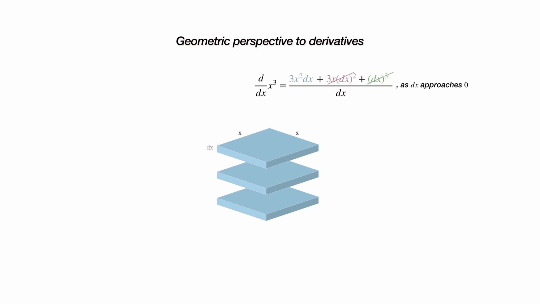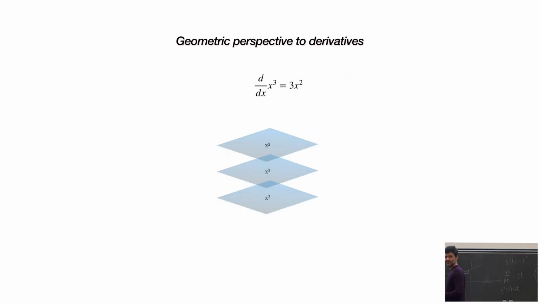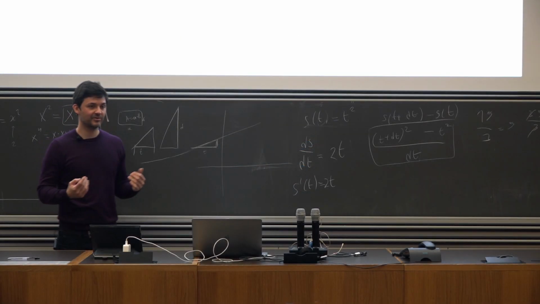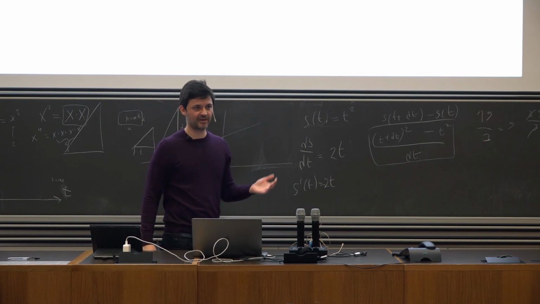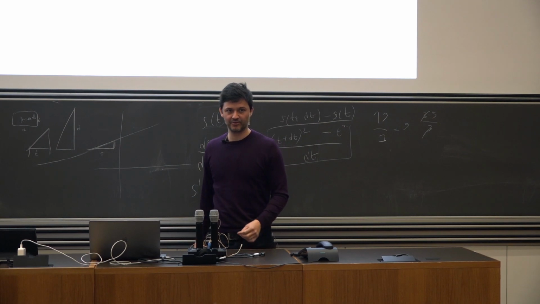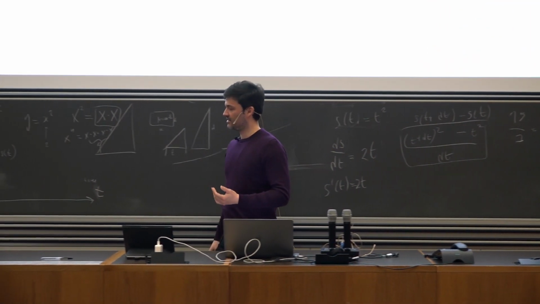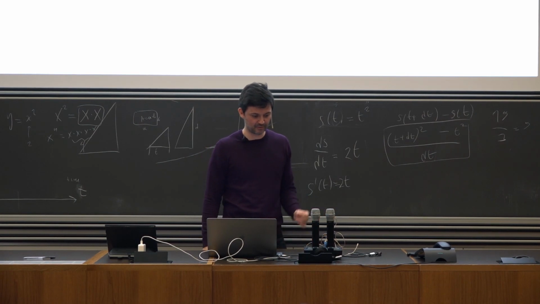And then when you ask what this approaches as dx approaches 0, it is 3x squared. So again, it's a residue in a lower dimension of the initial geometry. So the derivative definitely has some geometrical meaning. I'm not saying that the geometrical meaning is primary or the algebraic one is primary. I'm just saying that there are many faces to this concept. And I think it's better if you know more, because then you will actually remember better what it is about. You do not have to have one perspective towards these things.